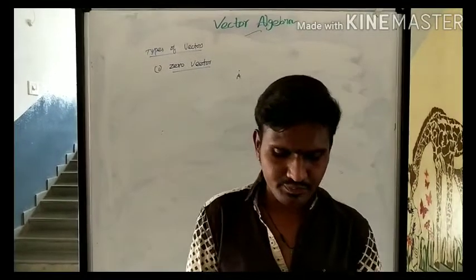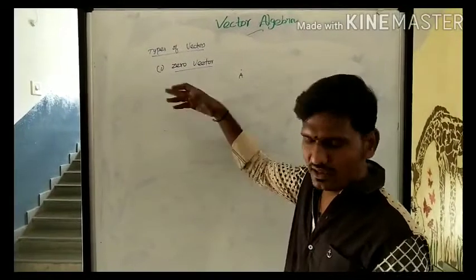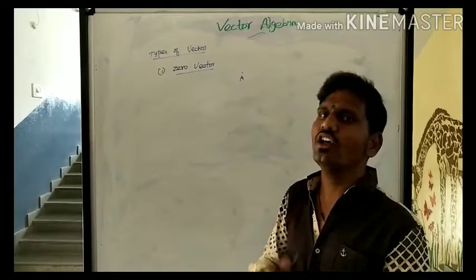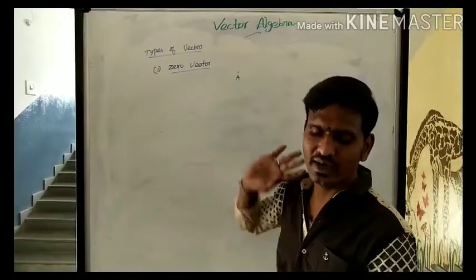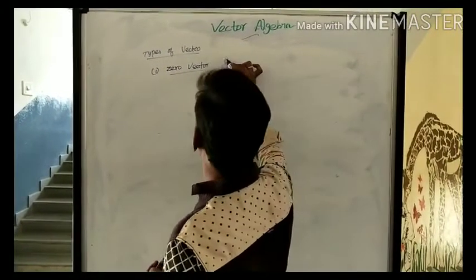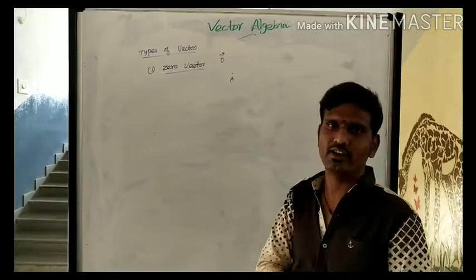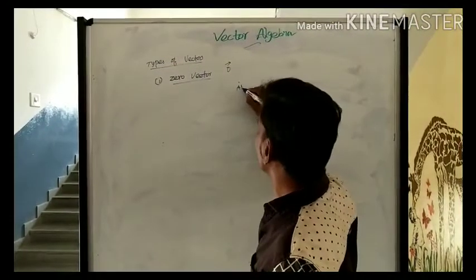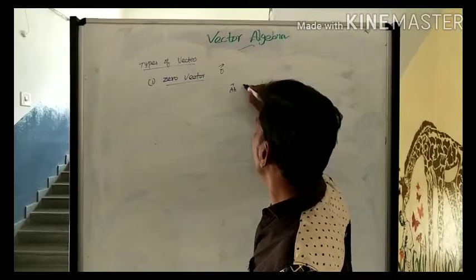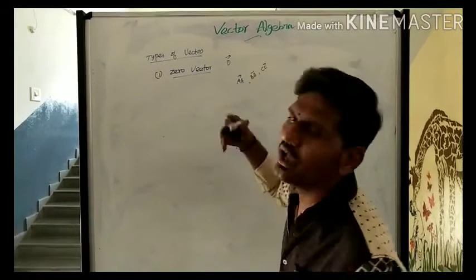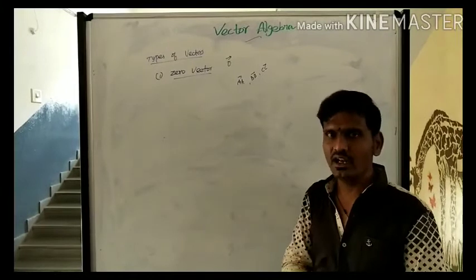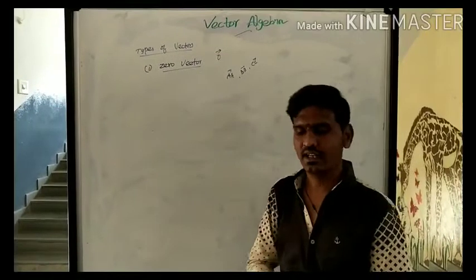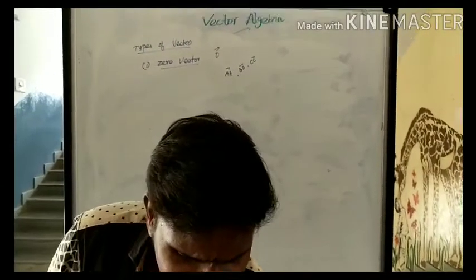Here is the zero vector. And another thing, the null vector. Like zero matrix as well as null matrix, we have zero vector as well as null vector. The null vector we are going to mention by zero. So these are some examples of zero vectors: A vector, B vector, and C vector. Why do we take them like this? I already told you, the initial and terminal points both coincide. And next, the second type, unit vector.